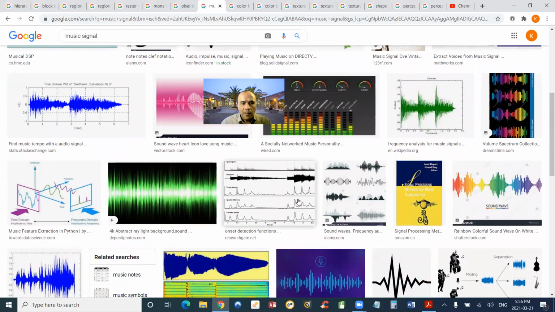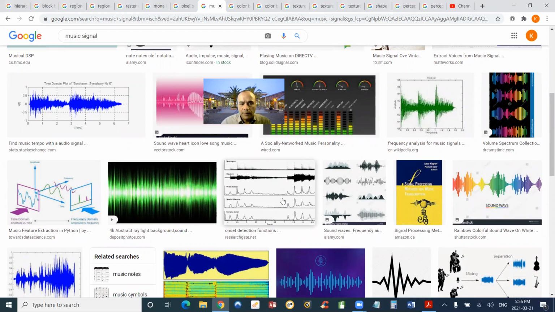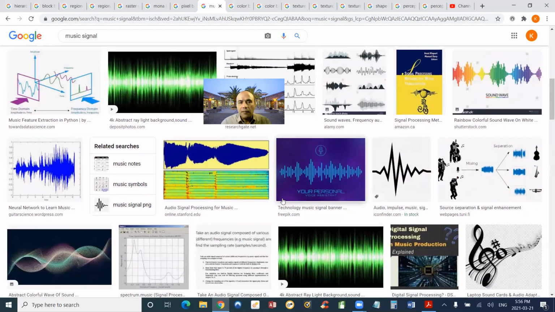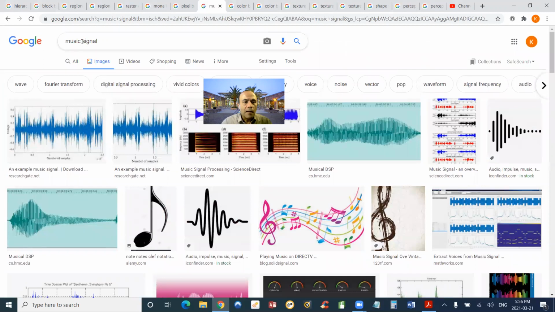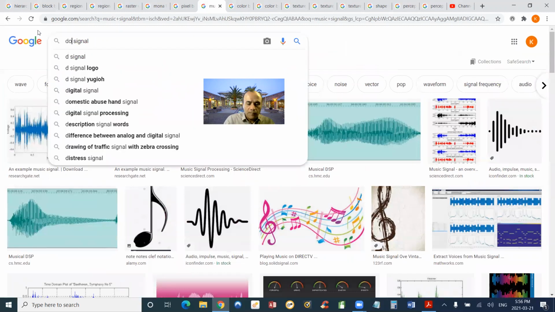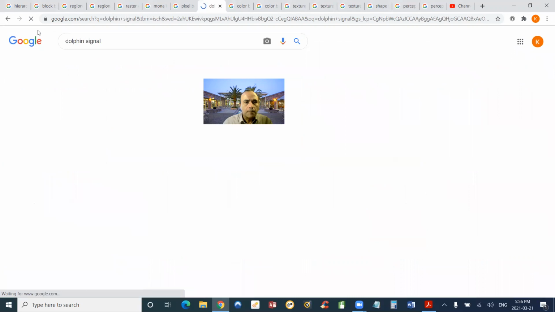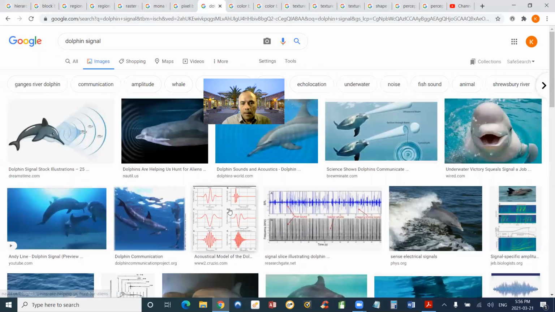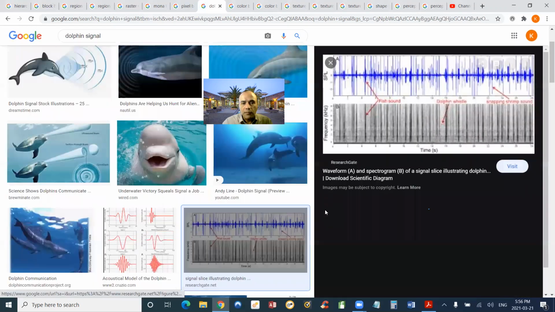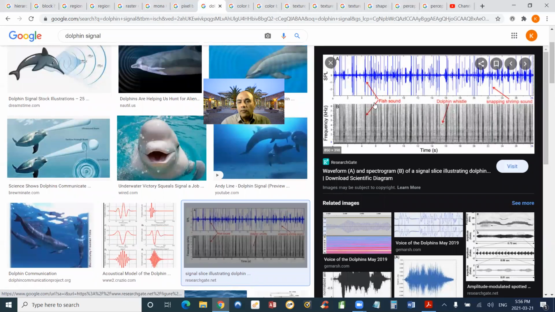This is a function that is available. Maybe I want to have dolphin, and that's the dolphin sound. This is the dolphin sound, and it's not the same as heartbeats. It's not the same as human voice. It's a different